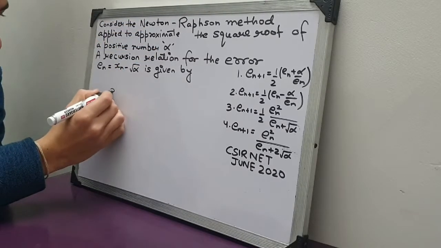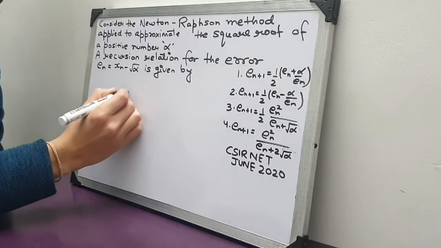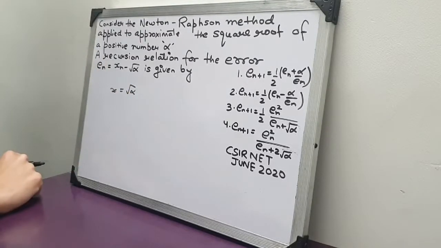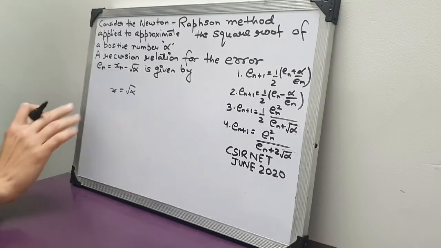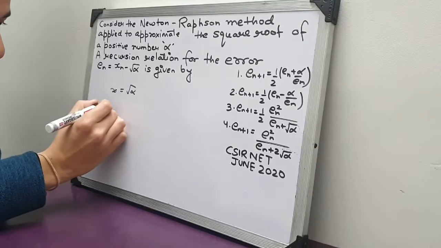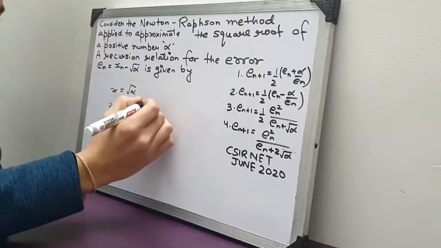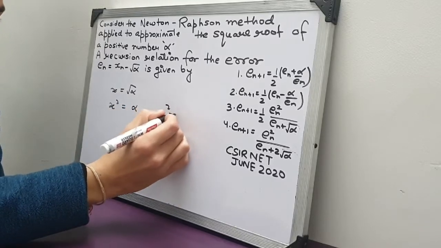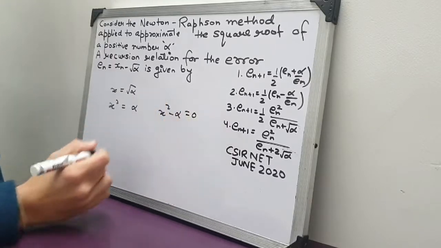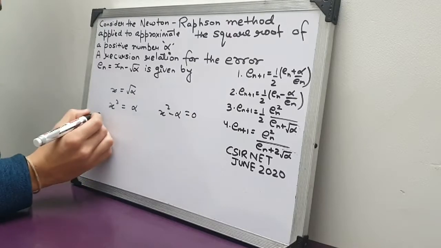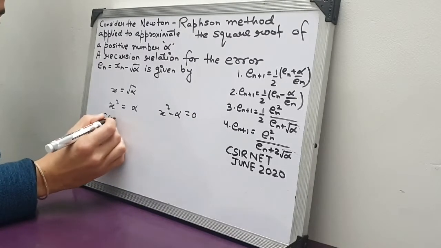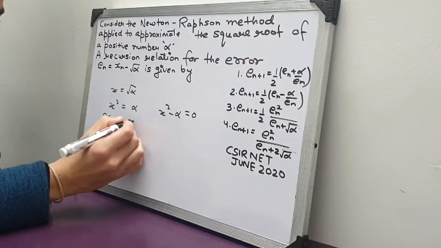Basically this x takes the value square root of alpha. So now if we square both sides, what do we get? x square equals alpha, or simply x square minus alpha equals 0. If now I choose my f(x) to be x square minus alpha,